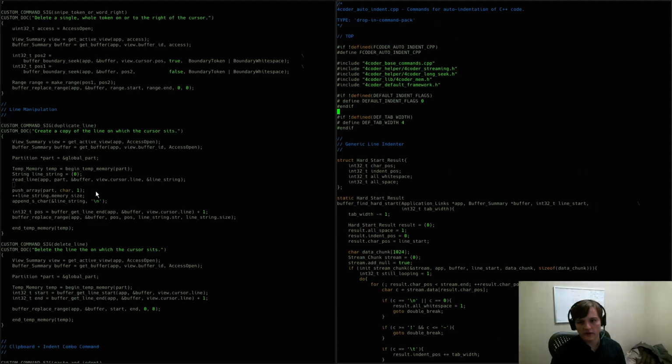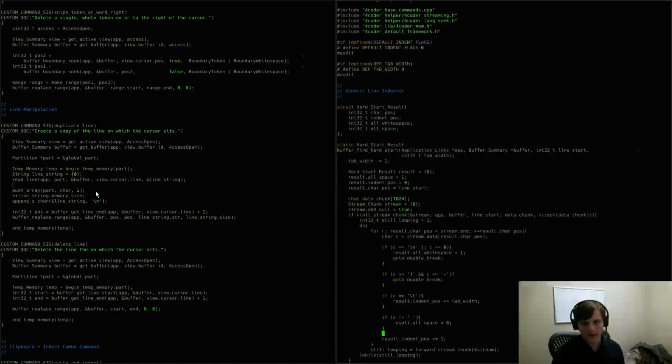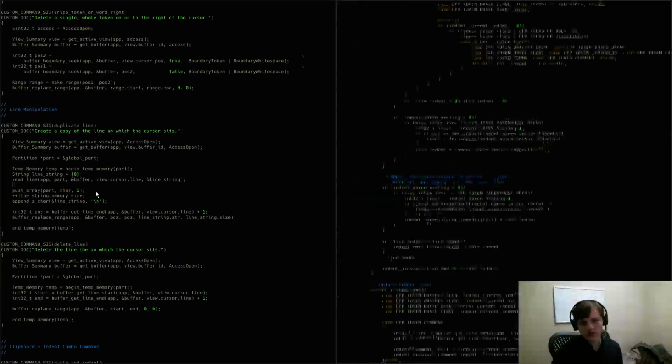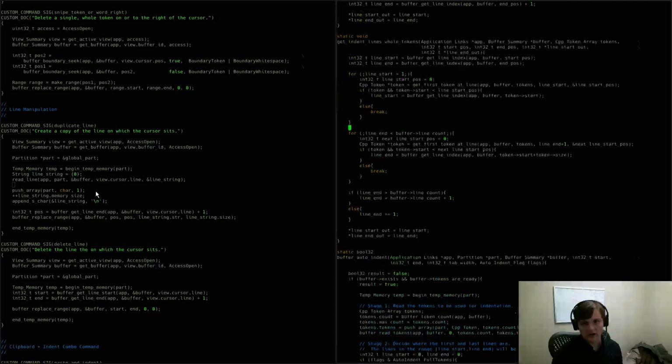Right, so default indent flags, you can set this to, I forget the name of the flag, but there's a flag for using tabs instead of spaces, and then you can set this if you're using spaces to like 2 or 3 or 1 or whatever you want. For virtual whitespace, there's no configurations right now. You either have it the way it is or you don't have it at all,